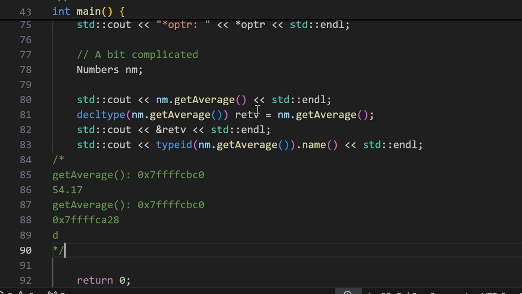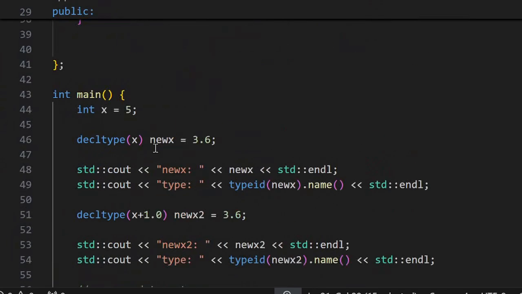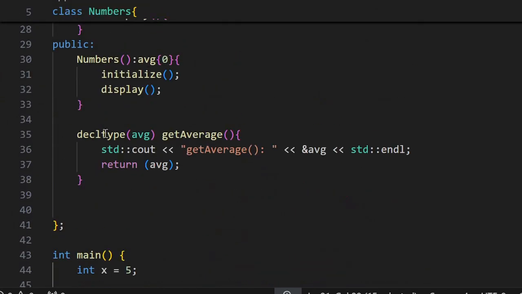I think, because the type here, the return type, is determined by this function, but this is simply the expression. So if you want to actually return the reference, maybe you can put this inside parentheses. In that case you don't even need to return like this, so it will actually be returned as